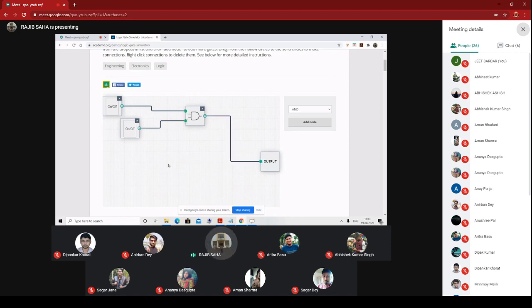Okay. So what is the logic of the AND gate? As we know that if any of the input is 0, the output becomes 0. So how to indicate 0 and 1? See, this yellowish box we indicate a 1 and whitish one indicate the 0. So now at this moment both are 0. So same as our output is also 0. Okay. When I will on both the input, that means both are 1. When both the inputs are 1, that time you will get a 1 at the output. So I think it is clear.